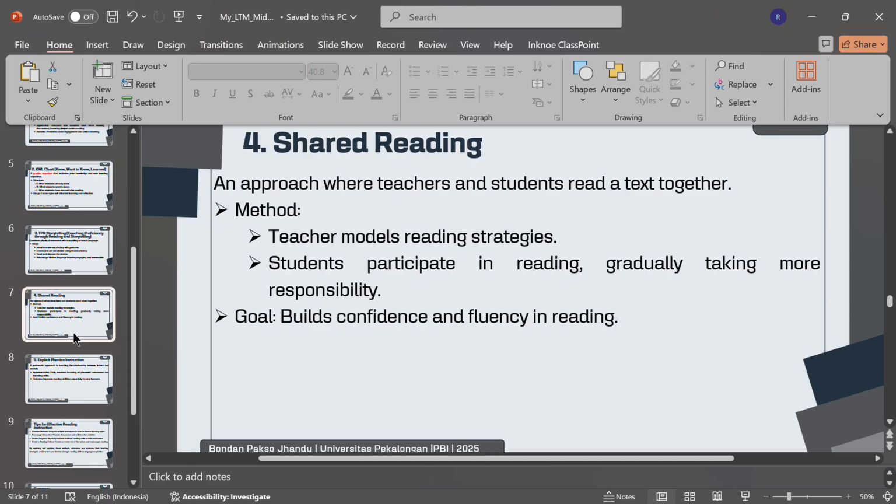The first is teachers model reading strategies, and the second, students participate in reading, gradually taking more responsibility. However, there's a goal too, which is to build confidence and fluency in reading.